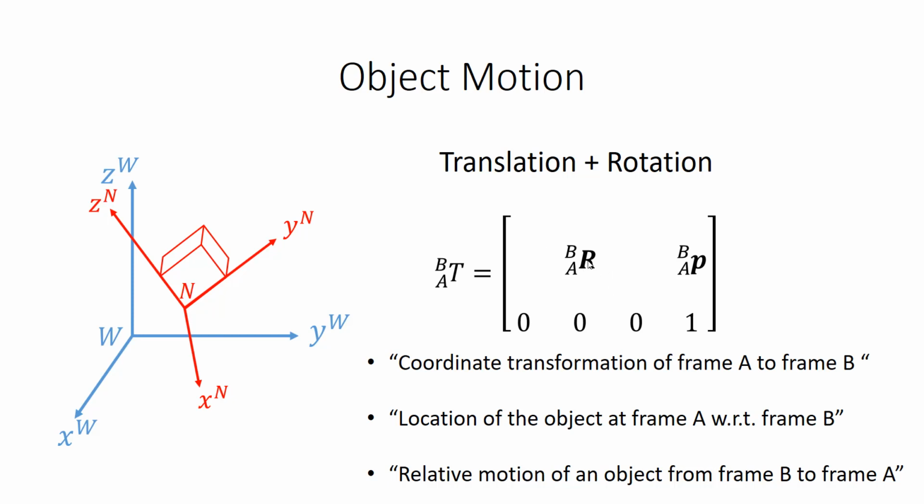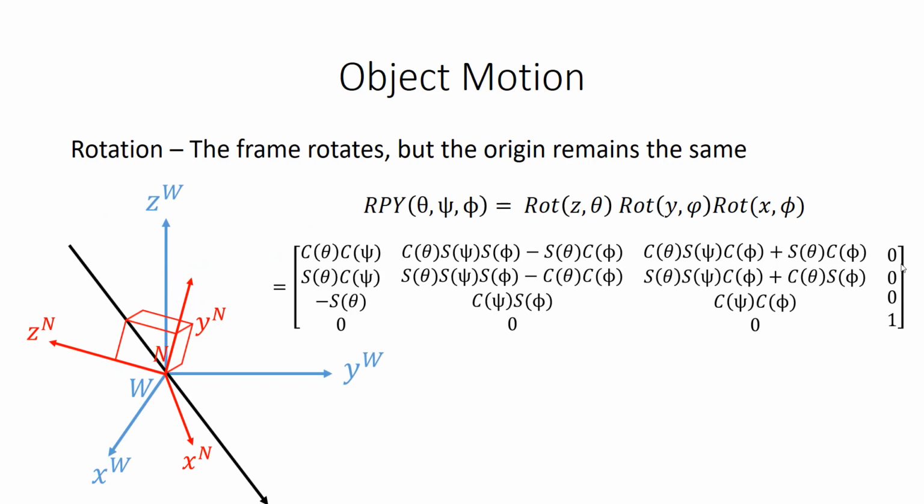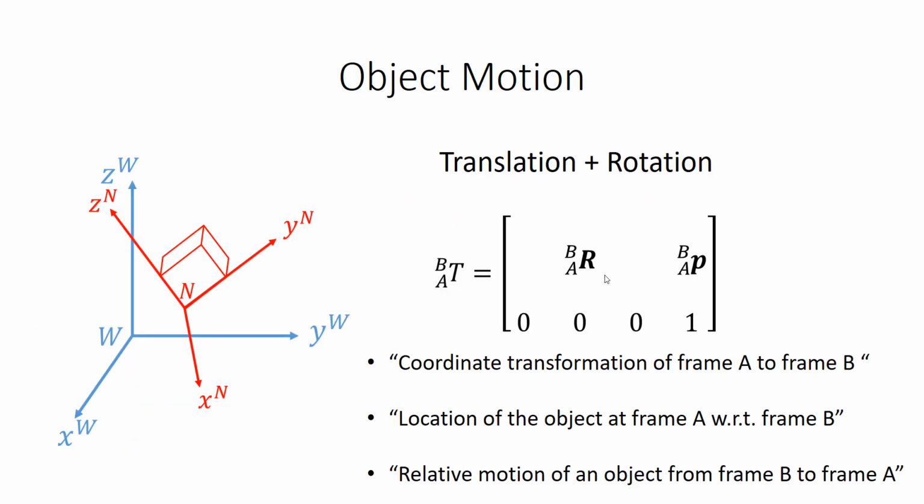So keep in mind that the previous one was 4x4. Let me go back. That's because the position column over here was just 0, 0, 1. Really, the meat of this matrix is this 3x3 portion. And that 3x3 portion is going to go here where we have bolded R. And then over here on the right-hand side, the last column, we just have the position from A to B,